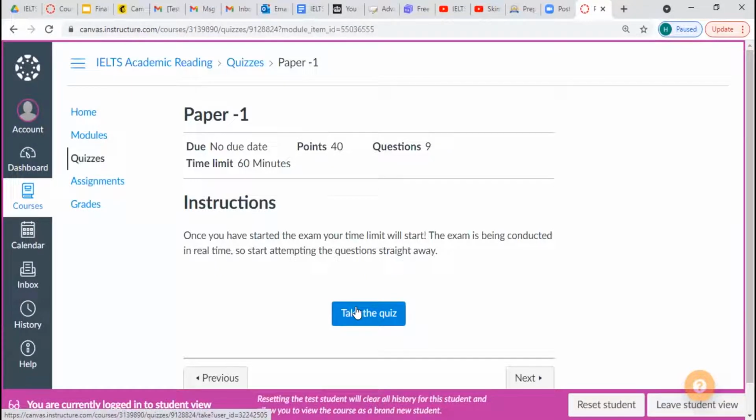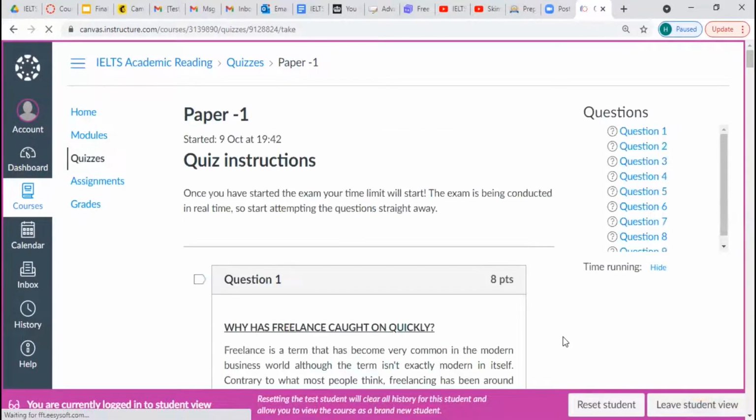Your hour. So I would suggest the best thing to do is not do this when you have things going on. Take some time out when you have that 1 hour when you will not be disturbed, and do the exam as if you are actually doing the exam at the center. This is the best way to practice. So take the quiz, click on that,